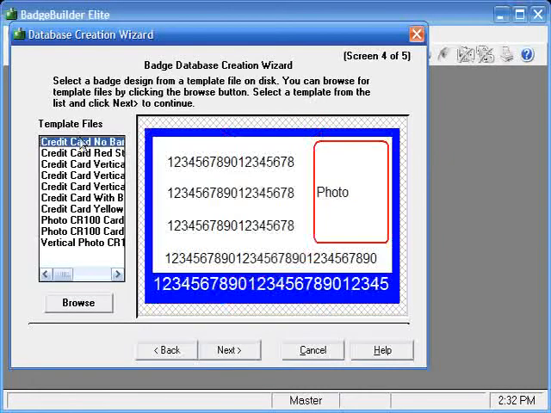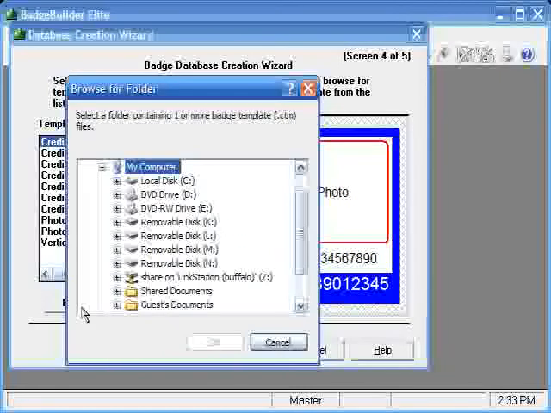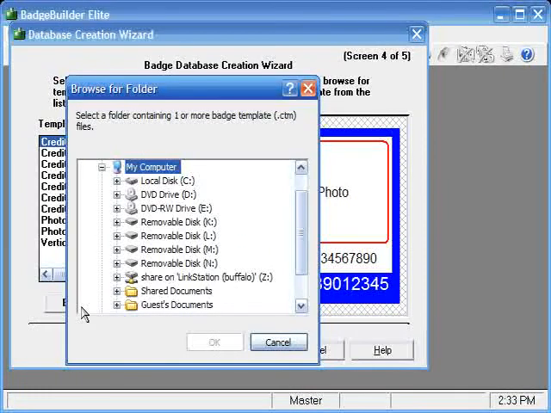And we'll stick with the original one. If you have created what's called a CTM file, which is a card template file that BadgeBuilder recognizes natively, and it is somewhere not in this list, perhaps on a network drive, a thumb drive, or a CD, however you might have it, you can browse for that by clicking on the Browse button. This will allow you to go to the folder where that CTM file exists, or multiple CTMs, and then those